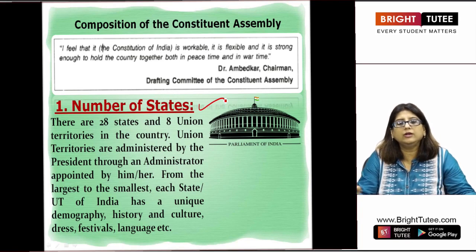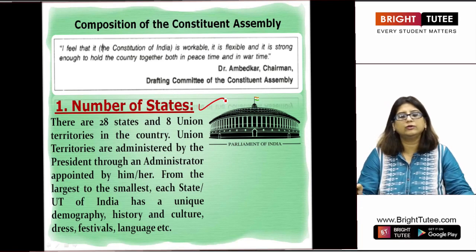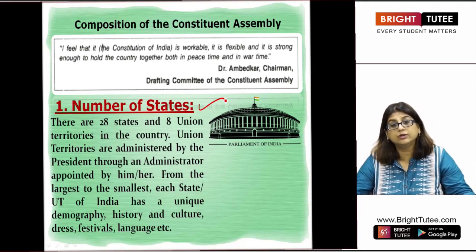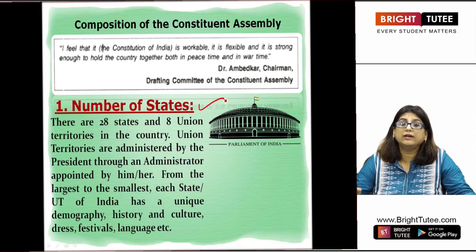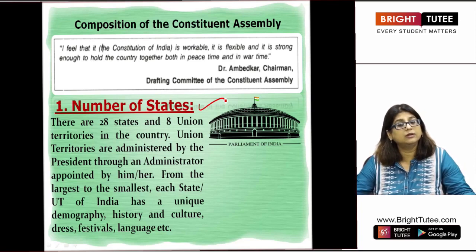But you know, the Indian Constitution is flexible. I know it could be changed, but it's a very long procedure. So we could say that it is a rigid one also. Why was all this taken care of at the time of drafting? Because it should not be easily changeable. Otherwise, at the second moment or the first moment, it would be very easy to change it. So it is flexible, in that changes could be made, but it's a very long procedure. That is why it is rigid also.